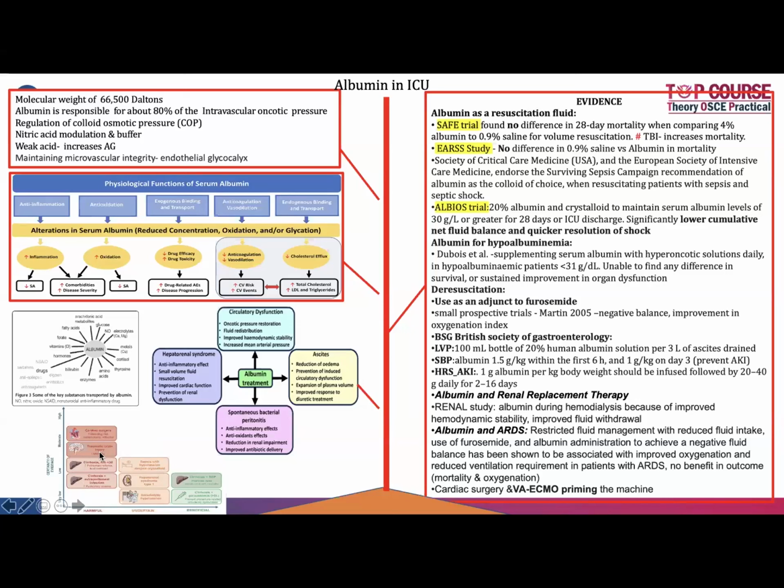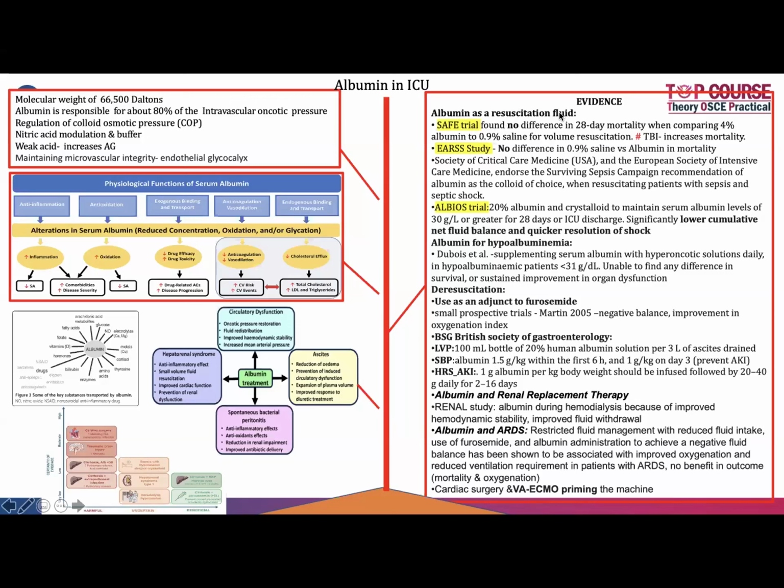In traumatic brain injury, definitely not, based on the SAFE study. Definitely you should not be using it. Other things: cirrhosis with extrahepatic infection, there is no role. And in case of pulmonary edema, fluid overload and all this, it can cause further worsening. So this is the evidence. We will look into each and every study in detail. So albumin